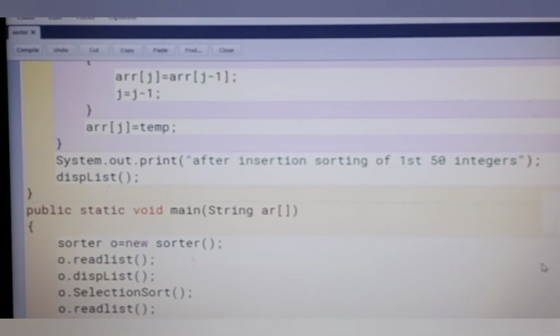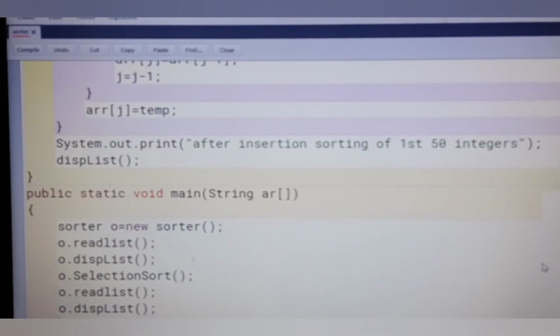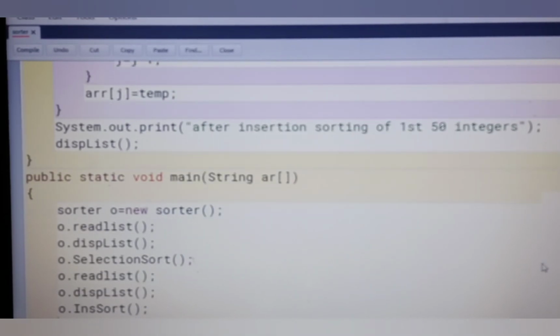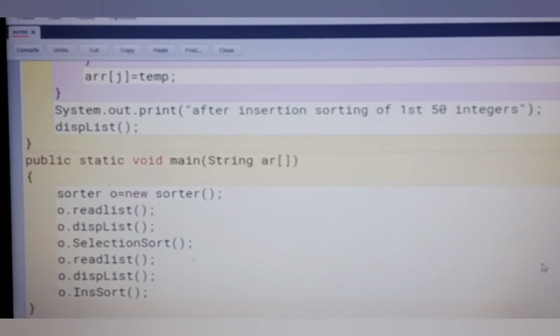Then the disp list method. And after this we call the insertion sort method, so O dot ins sort method. Now close the method and close the class here.